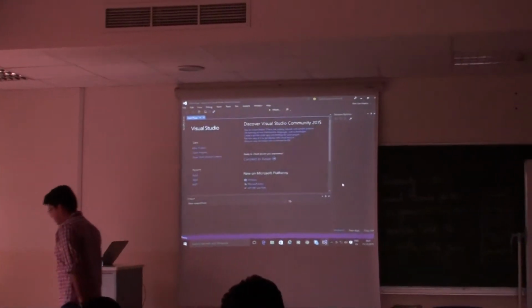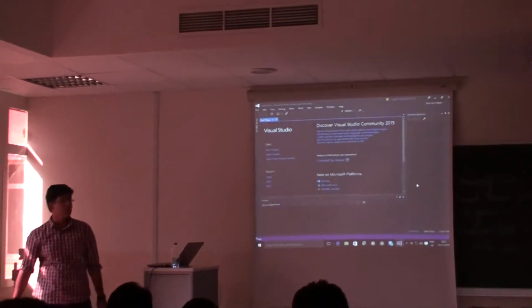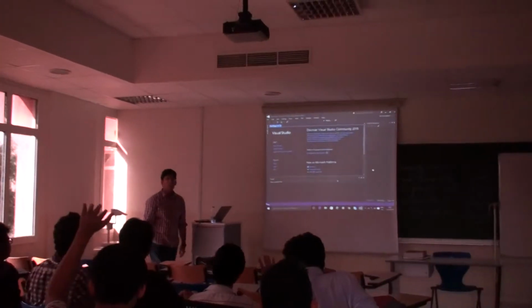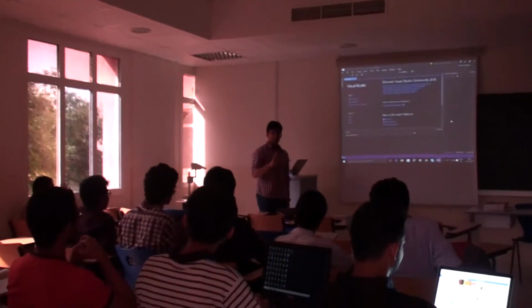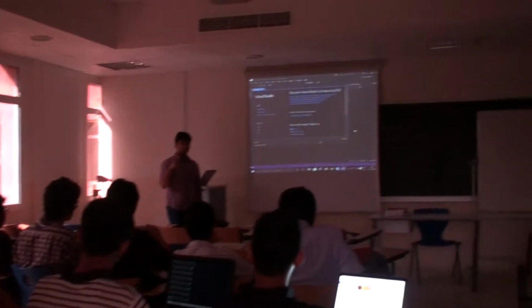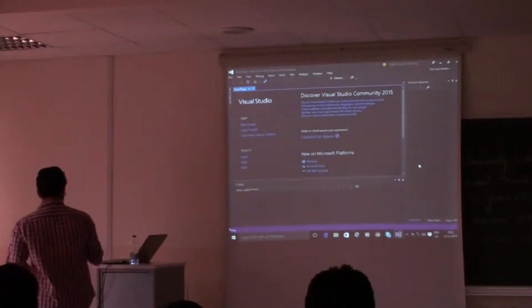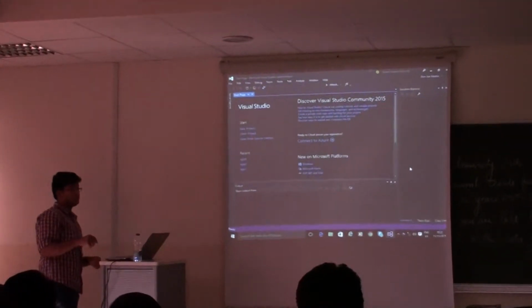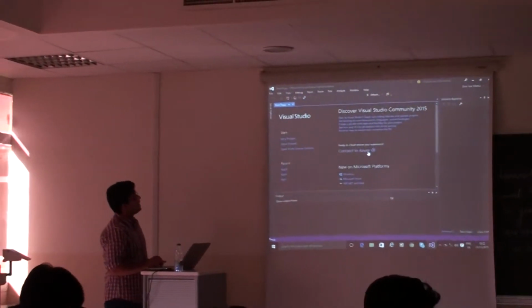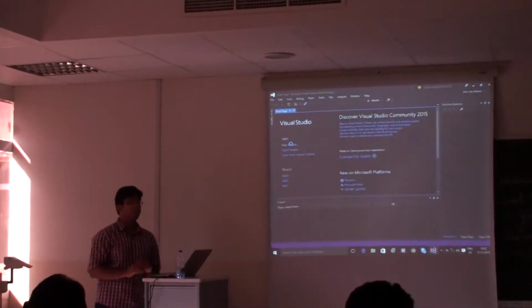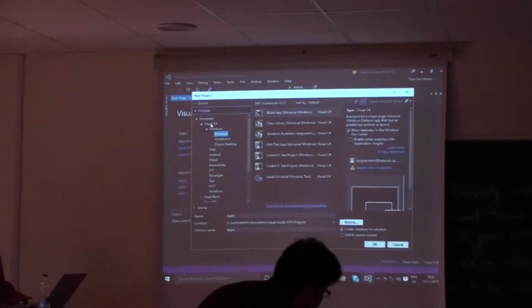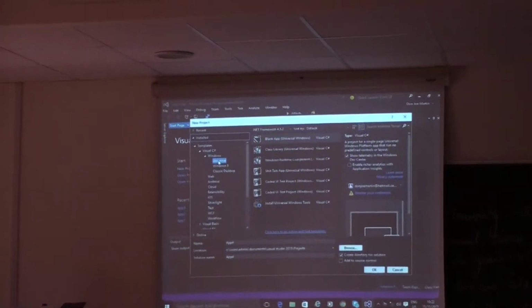So, how many of you have Visual Studio 2015 ready, working totally fine? We have the Universal Windows tools. And actually, we have the options you should have. Once you open your Visual Studio after your first installation, you go to New Project, Installed, Templates, Windows and Universal. Inside Universal, you should have these options.